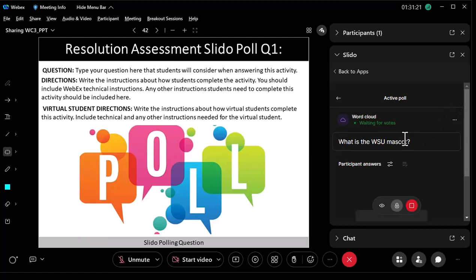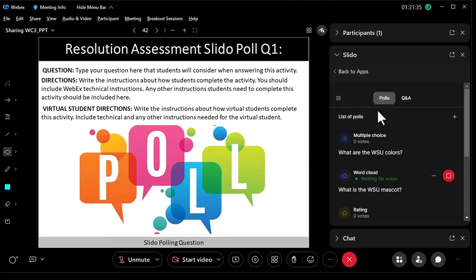It goes between the online Slido cloud-based version. So we will come over here, and here we are. You should have a slide here that's associated with each individual question in Slido.